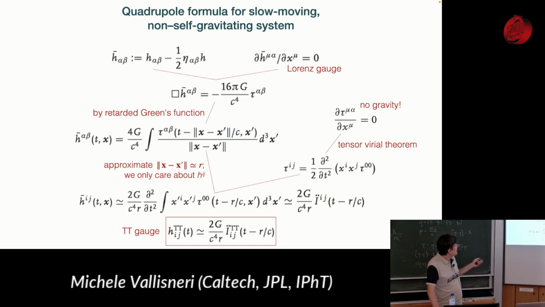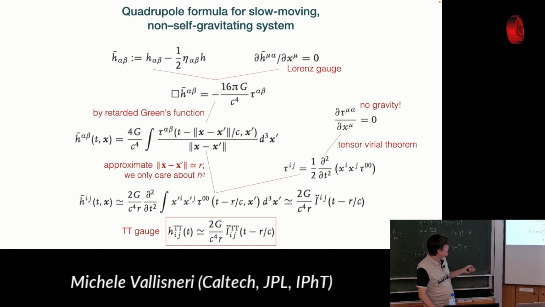Now, from a retarded Green's function, you can do from these expressions by approximating the distance between you, where you measure the wave, and the point masses in the binaries or the distribution of matter. By approximating that as just one distance, you get effectively the multipole expansion. Okay, and to make it clean, you actually